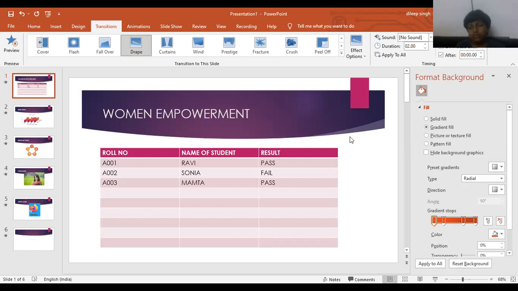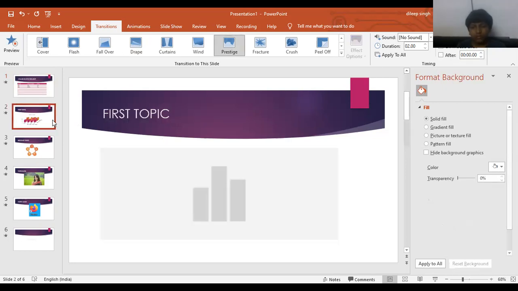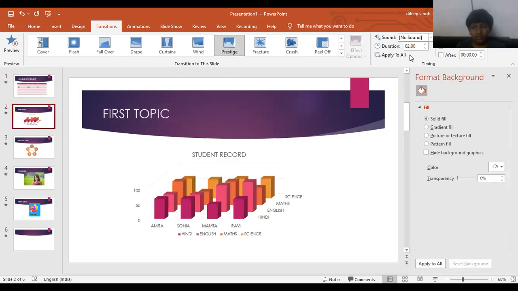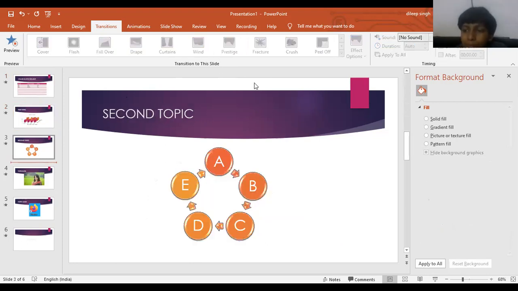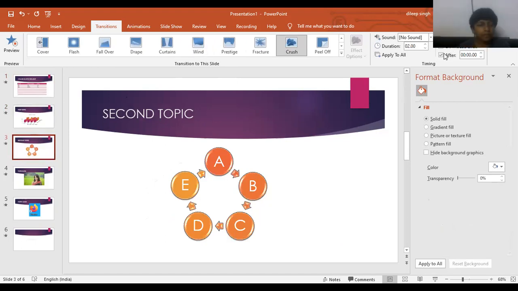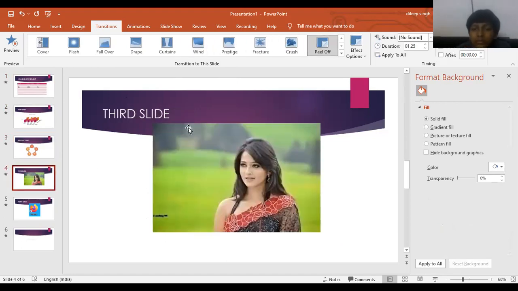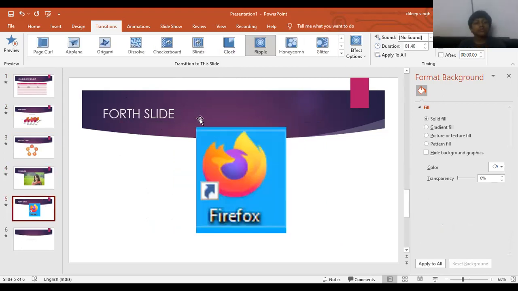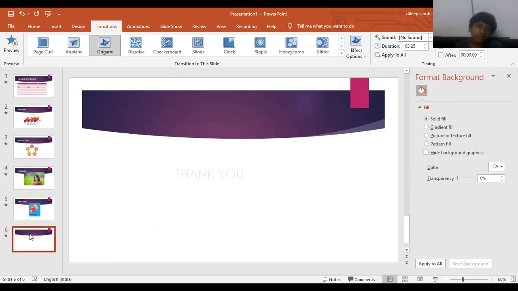If we don't want to give some time span between the slide changes, then we just use 0. Similarly, repeat here: click on After, then click on the third slide and repeat the same step. After means it will automatically change without any interaction with your keyboard or mouse.